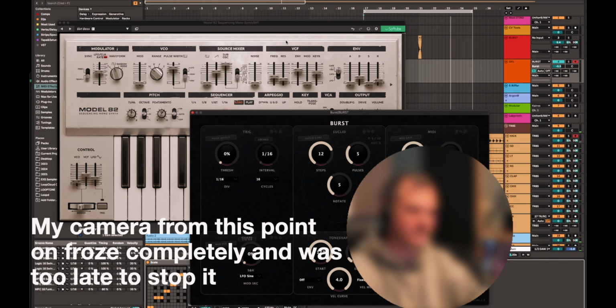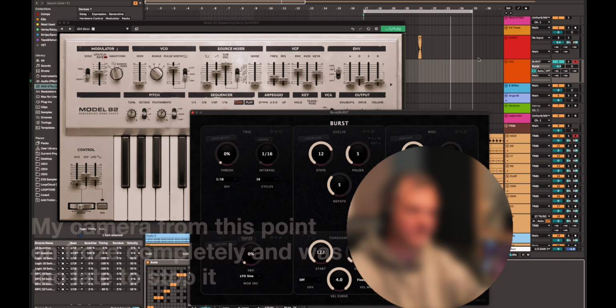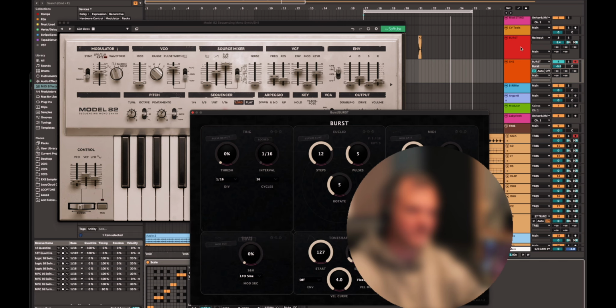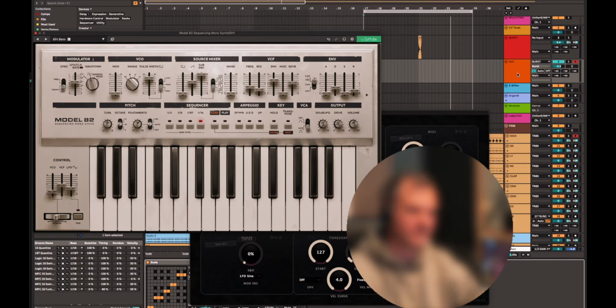So right now we've got an SH1. I've got the same burst trigger channel, and I've got my MIDI channel here, the SH1. I pointed to burst, and if I play,